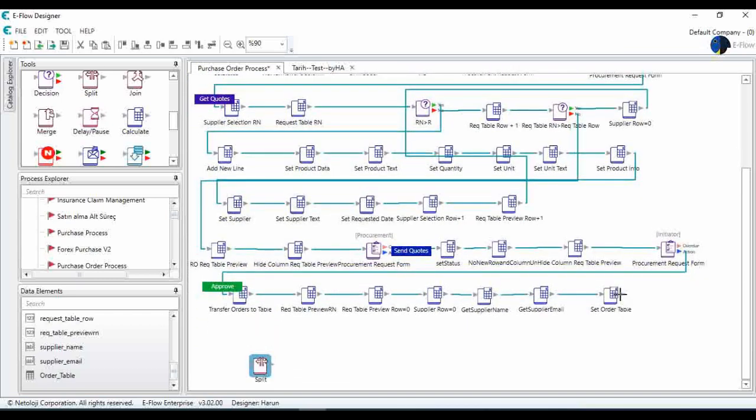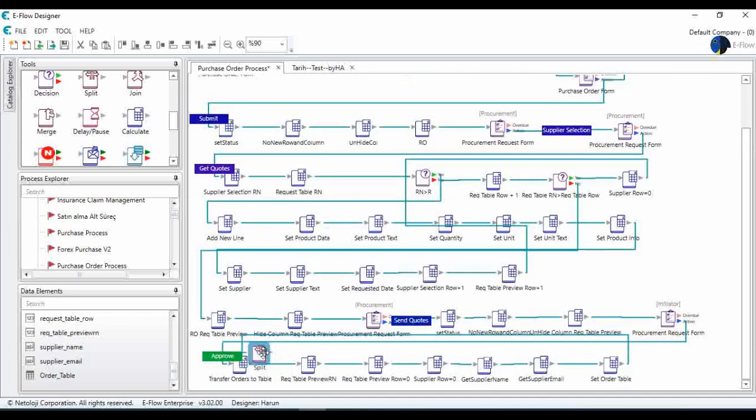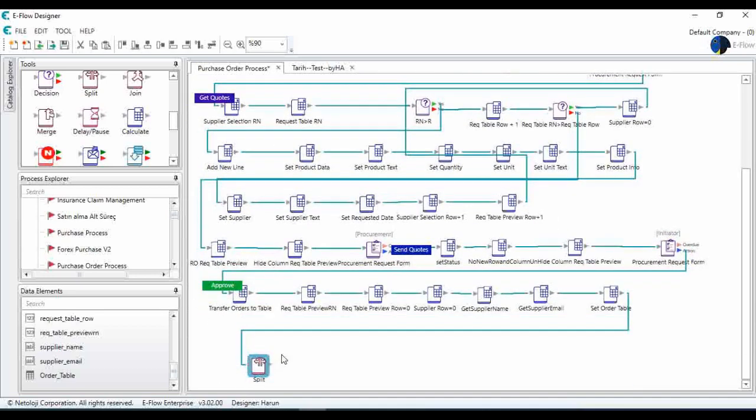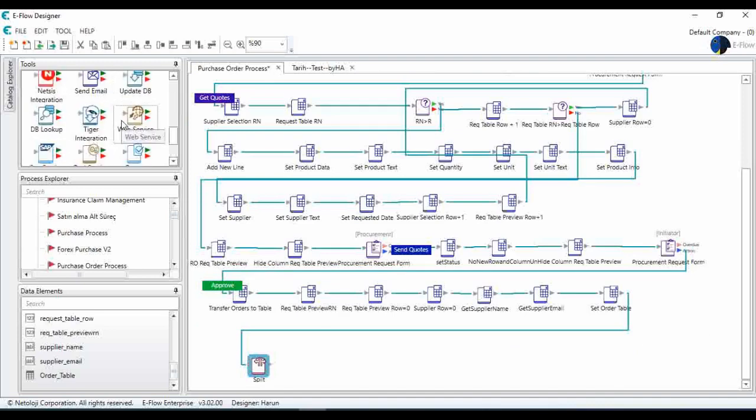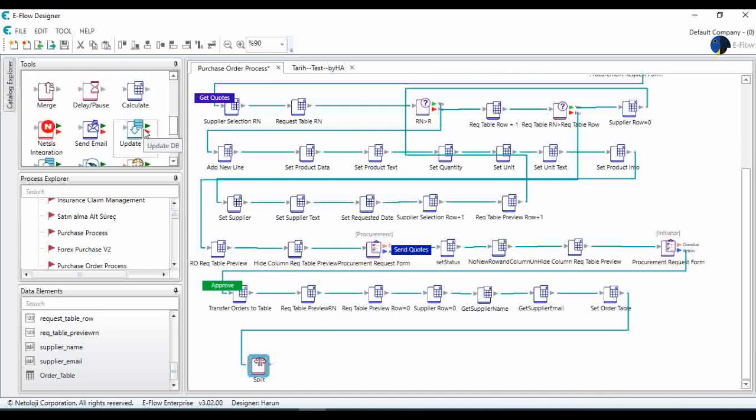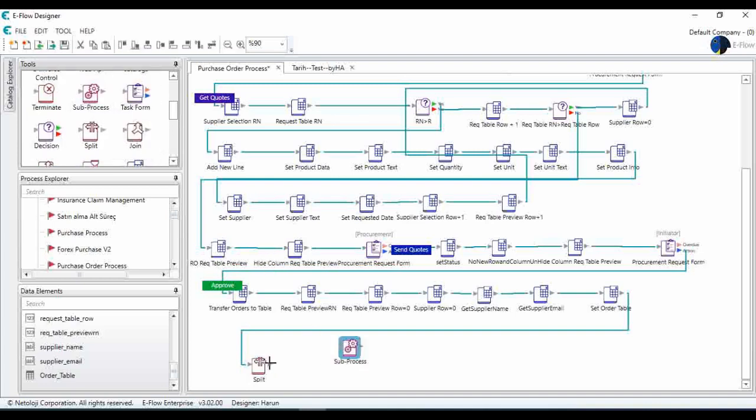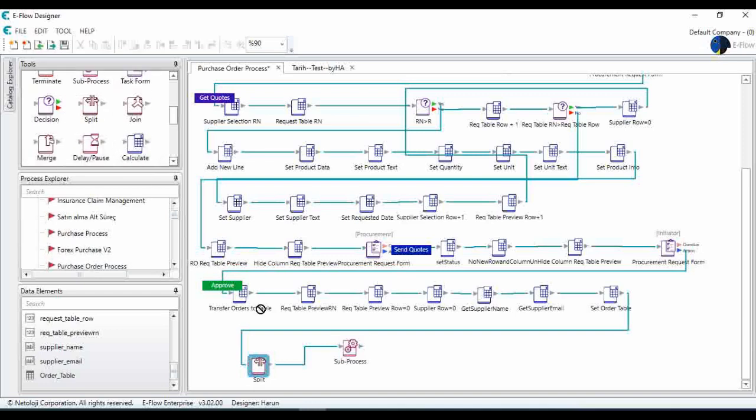Okay, so I will first split the process, then I can send the data to the sub process, and let's find the sub process. Yes, okay, I'll send the data to the sub process according to the supplier selection, but I must define a rule for each supplier. So I'll get the calculate data element,